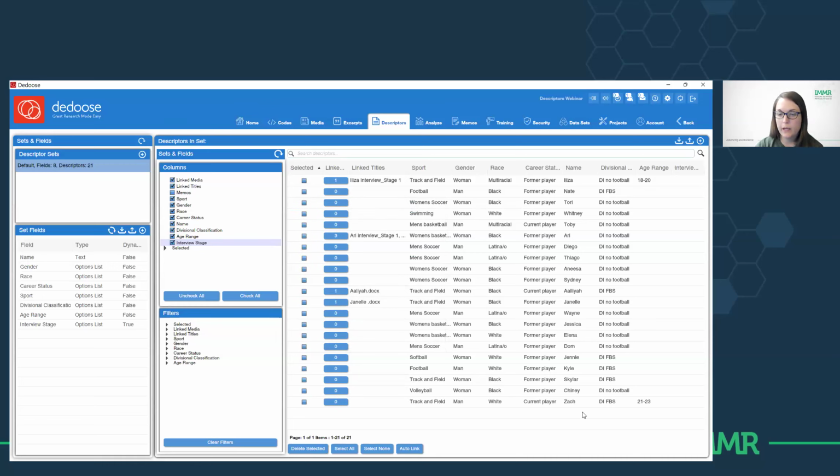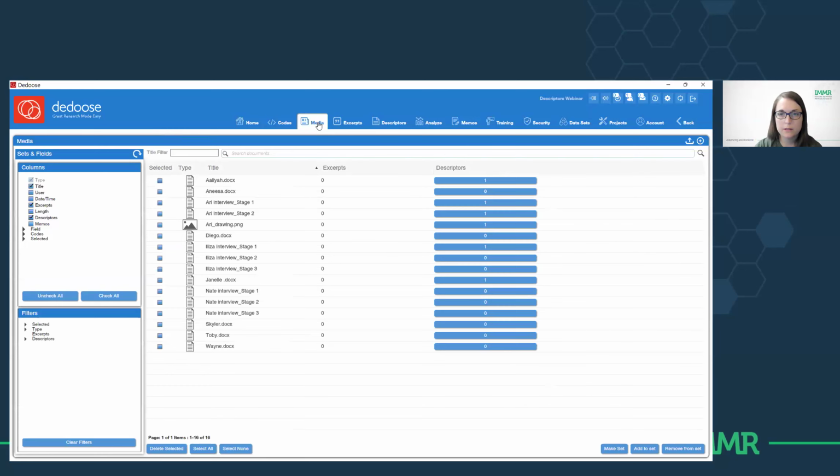And then you'll see, okay, we have a new descriptor profile here for Zach, and we can start linking data to that profile. Notice the icon that Sarah used with a circle with a plus sign. You'll find that throughout Dedoose. You've become very familiar with that as an icon. It's adding anything in different places. It's that one, and the canoe with the up arrow is your export icon, and the canoe with the down arrow is your import icon. So it's good to become familiar with the icons and find your way through.